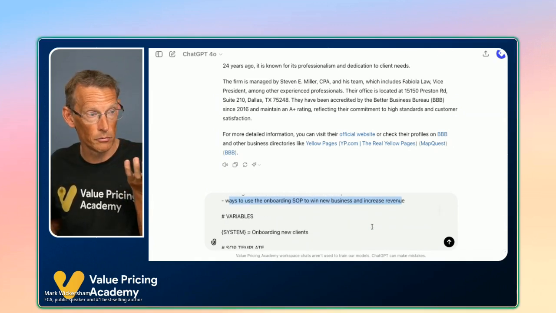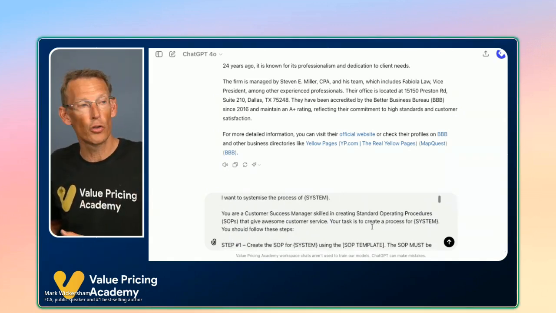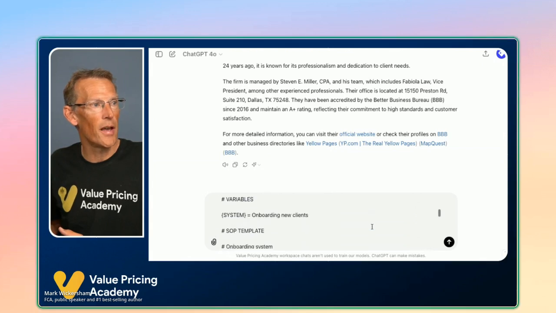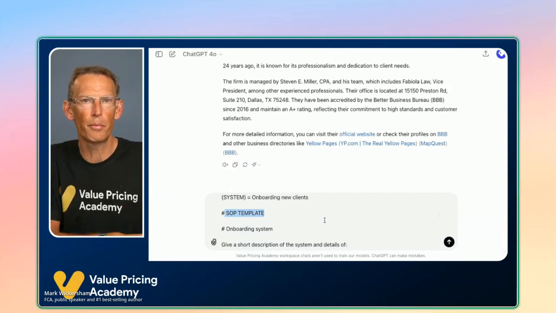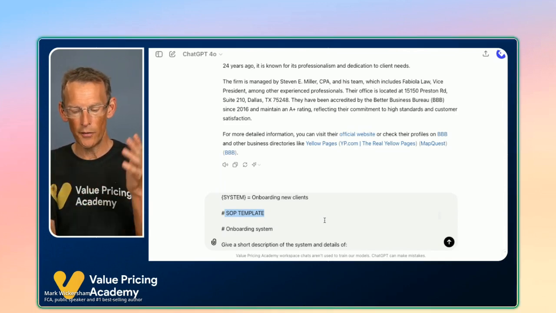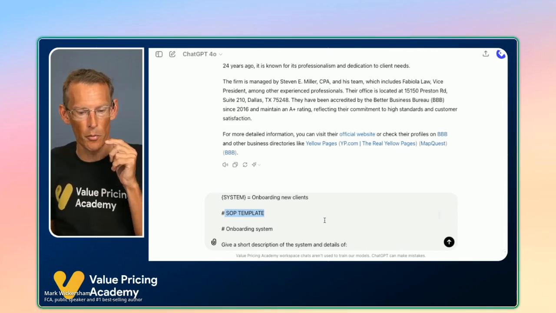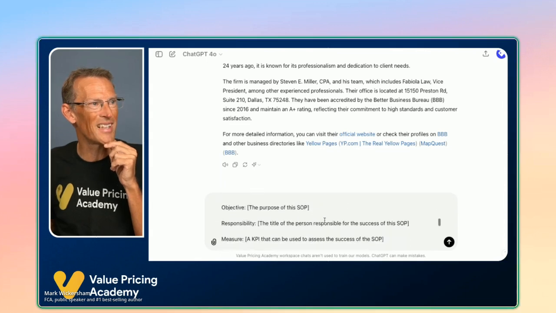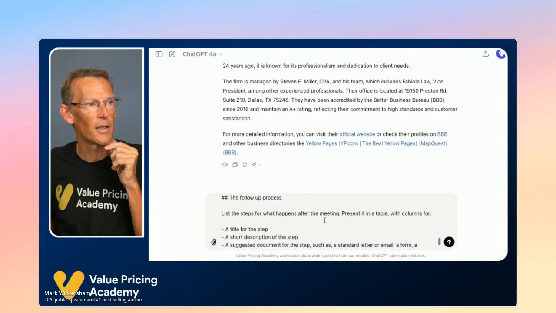And then we have the variable. And then that's really the bulk of the prompt. It's actually not that long or scary. But then what it does, it has an SOP template. Now, you probably change this for different types of systems, but when we're creating prompts, one of the most powerful parts of a prompt is giving it a template. When you give it a template, it gives it some guardrails to follow. You'll see some more examples of templates with some of the later prompts that we will do. So I've given it basically a template of how I want it to respond in this particular case.